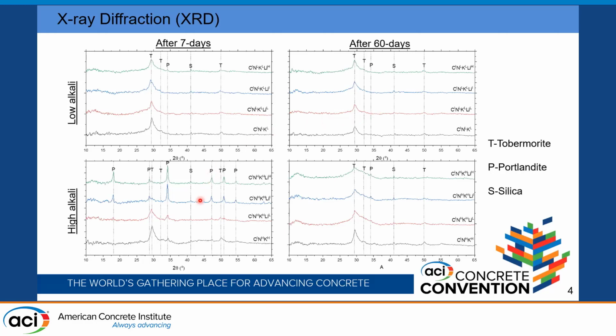Whereas in the high alkali groups, we can see that lithium admixtures, when they have a lithium to alkali molar ratio greater than 0.1, can delay the formation of the ASR phase. At 7 days, we can see that there are peaks from the raw materials, which are portlandite and silica, and there are really no peaks from tobermorite. Over time, the raw materials are consumed and the tobermorite phases show up, but they are very amorphous in nature. It is worth noting that as the lithium to alkali ratio increases, the amorphousness of the gels increases.